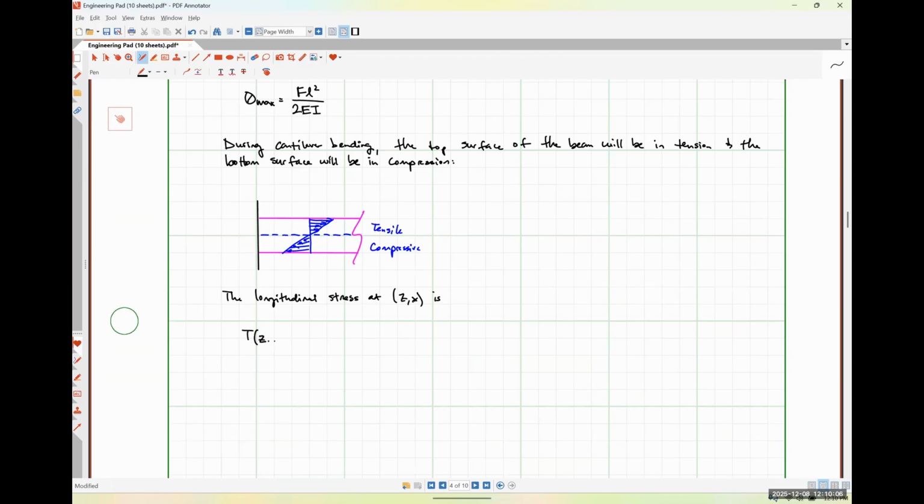So sigma at position Z, X is negative M X Z over I. And since we know that our bending moment is just the torque, F times L minus X, this is going to wind up coming out to be negative F of L minus X times Z